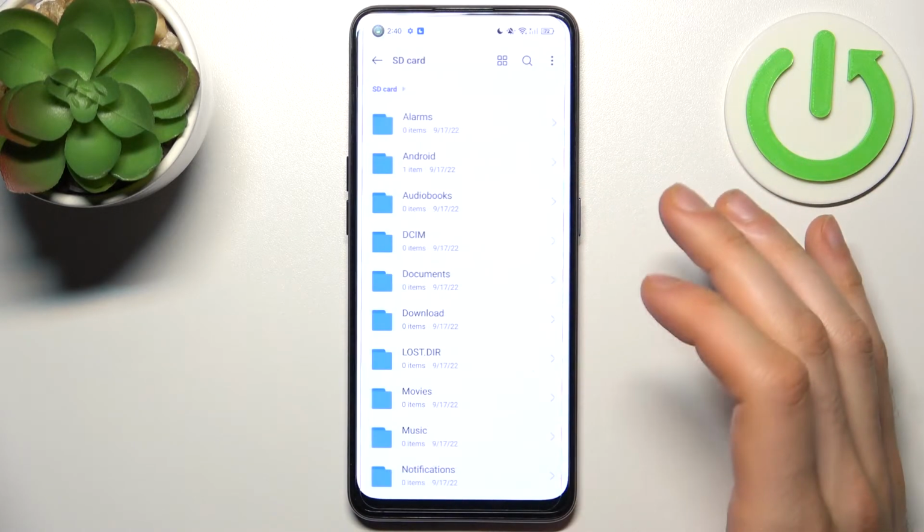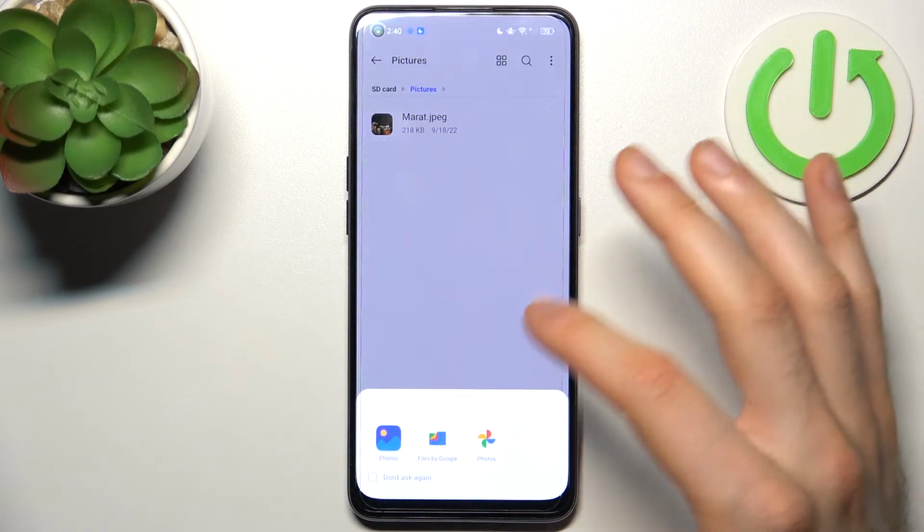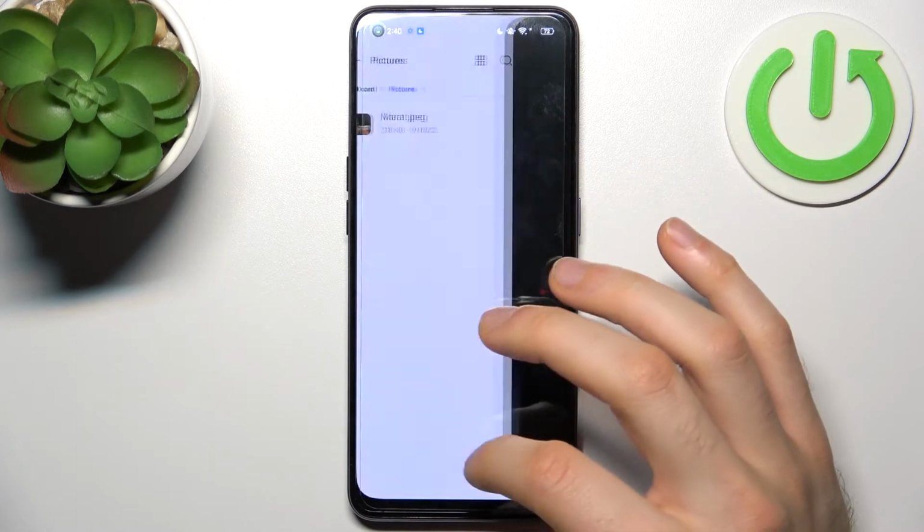And now let's go to the SD card, pictures folder, and here I have this photo. So yeah,